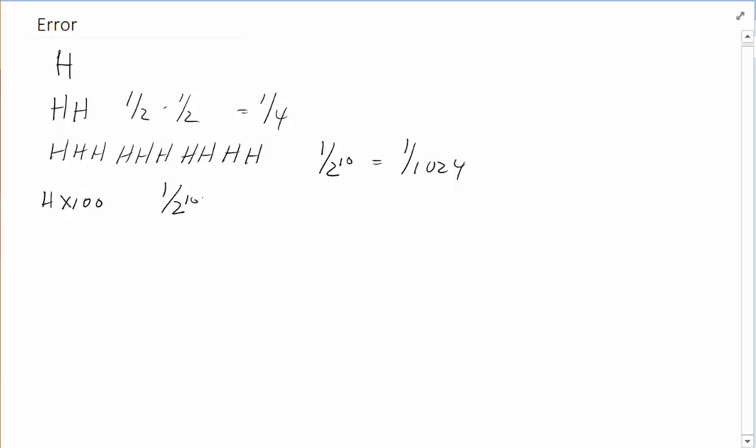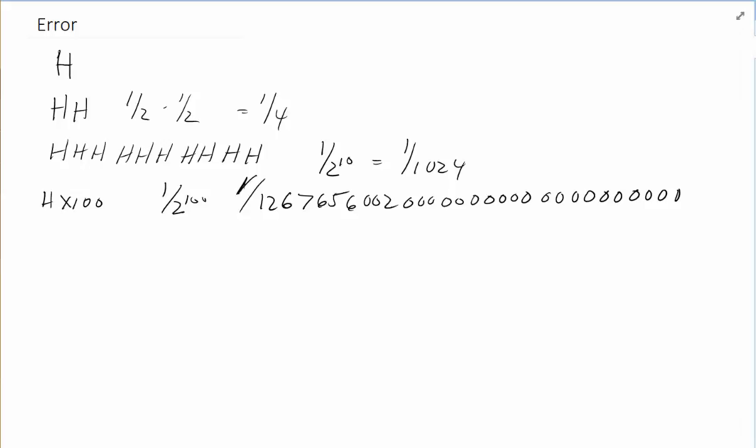The probability would be 1/2 to the 100, which is a little bit larger than 2 to the 10. In fact, it is 1 all over 1,267,650,600,228,229,401,496,703,205,376. That's rather more than the number of particles in the universe, so at this point the coin is probably almost certainly wrong. But somewhere in between here, though, for example, if you flipped a coin 100 times and you got